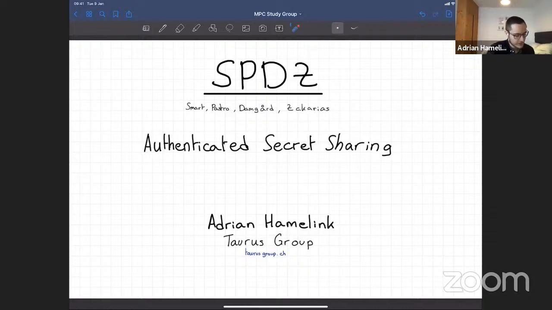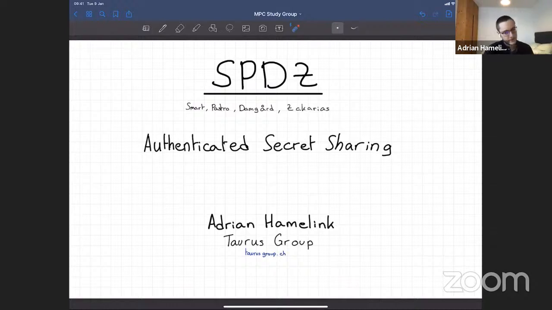For multiplication, this is a bit more involved, and as we saw last week again, we can do this using the Beaver triples technique. One particularity though is that you would never do this in practice, because whenever you open a value, you want to make sure you don't reveal anything, and you want to make sure it's correct. So this opening step is naive, and you would not actually do this.